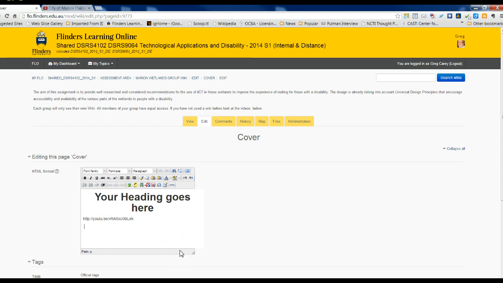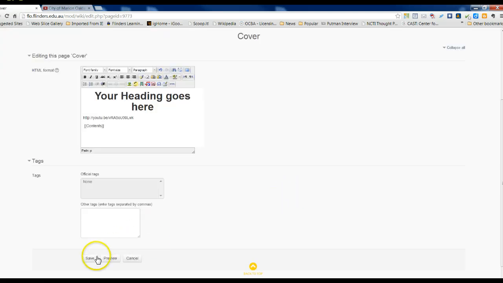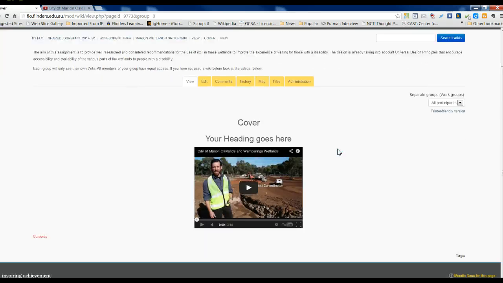Now I want a page which says comments. Sorry, not comments, contents. I want a contents page. So I'll go square bracket, type in the word contents, and then other square brackets, go to save, and what happens is that automatically saves and creates a page called contents. See, down here. So I go to that one,